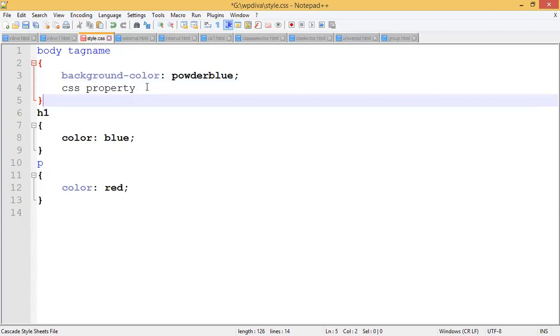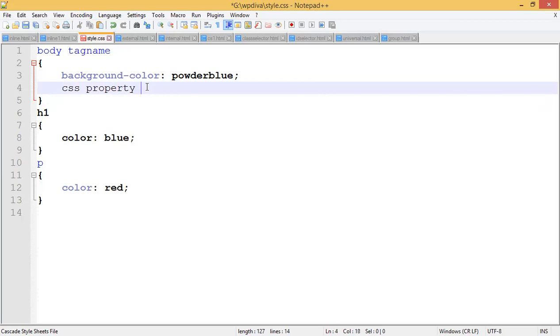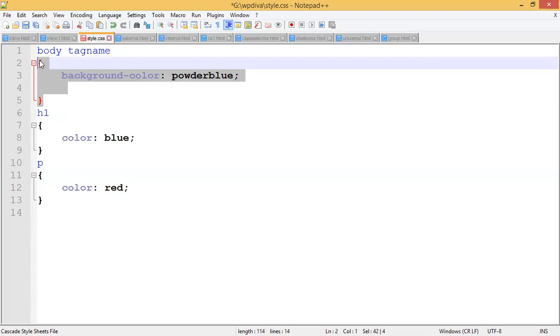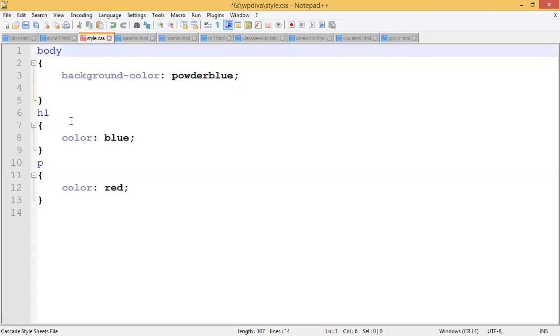Okay. So CSS property, and then what you have to do? You have to compulsorily take a colon and then the value. Okay. And then the semicolon. Okay. So you can apply n number of properties, each ending with a semicolon. Clear to you? You can apply n number of properties. Let us now go with a simple example. I am taking only one property. Okay, then I close it here. I complete this flower bracket here. What it means is I want to apply those properties to the body tag. So when h1, heading 1, appears in the HTML code, what do I want to do?